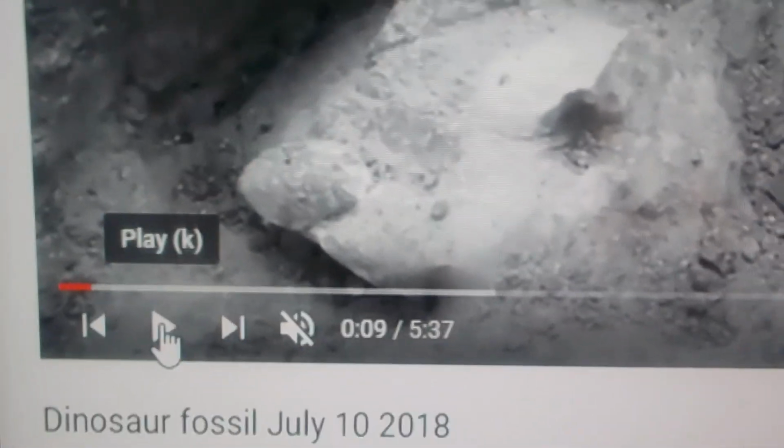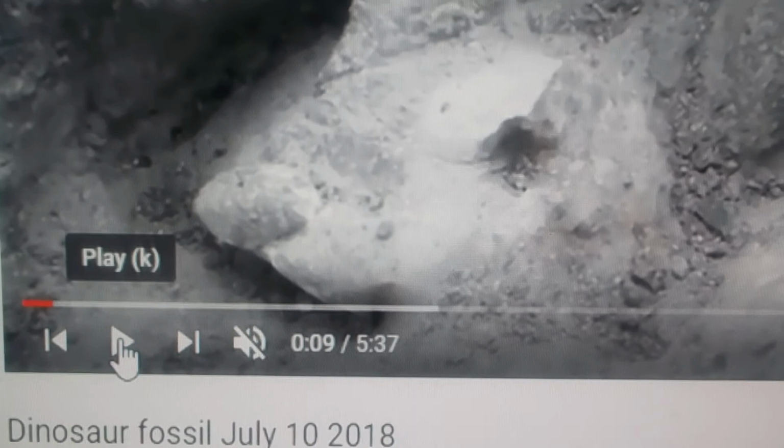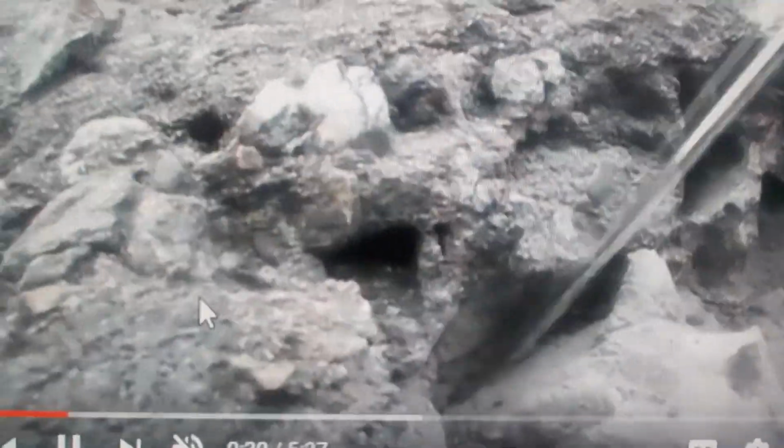That was what that fossil looked like on July 10th, 2018. That's the tooth hole right there. This is a neck piece. It fitted onto, there would have been like a backbone part, etc. That's at the very base of the skull, and